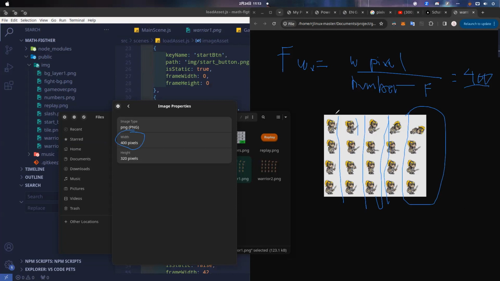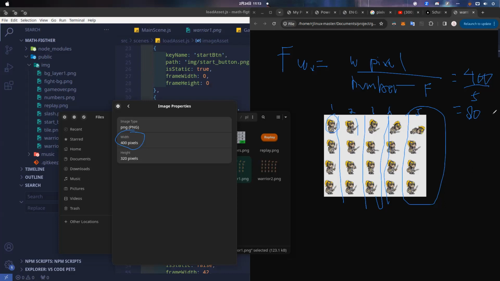Counting from left to right: 1, 2, 3, 4, and 5, so the number of frames for the width is 5. Now 400 divided by 5, we get 80. That's why inside this code I use 80 for the frame width.